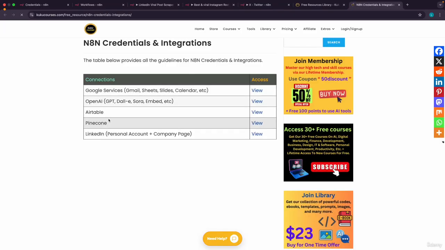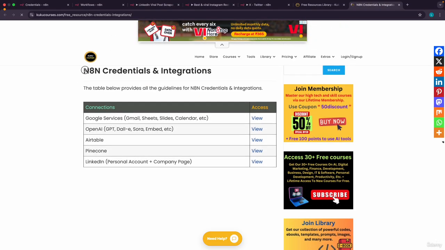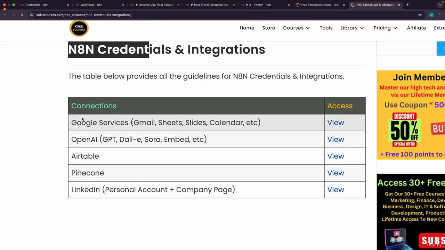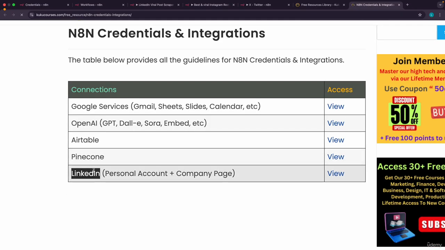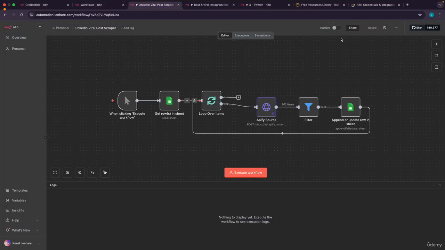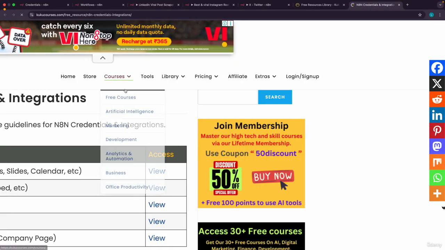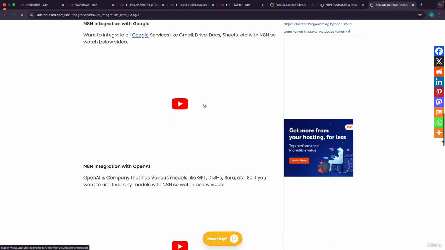Now it will open all the services you can see over here. So this page is about how you can set up N8N with Google products, including Gmail, Sheets, etc., OpenAI, Airtable, Pinecone, LinkedIn, and maybe in future when you visit this page, more will be added. So let's say in our case we are going to use Google Sheets. So just make sure that you go over here and click on this view button to connect Google service